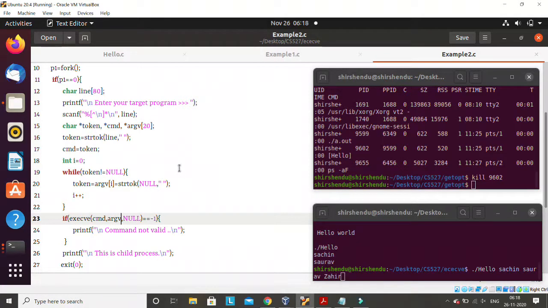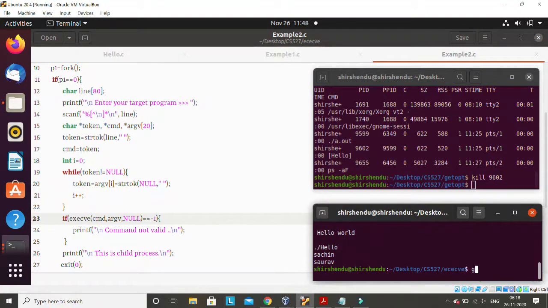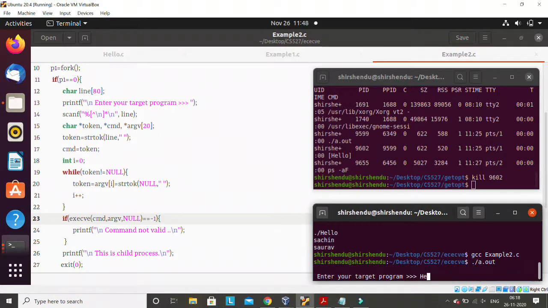Now let me run this code. I hope there is no error. gcc example2.c. Whoa, there is no error. Then a.out. So here with hello I can also pass Sachin, Saurabh, Zahir. Run this code.